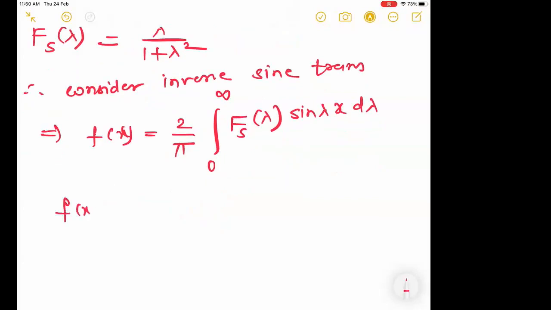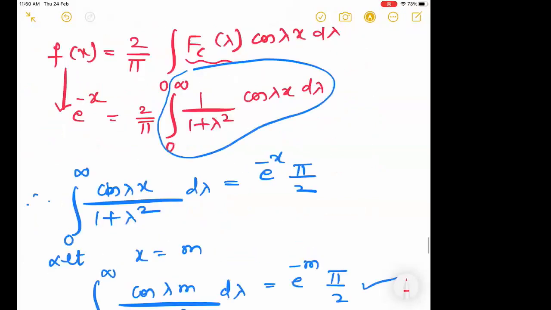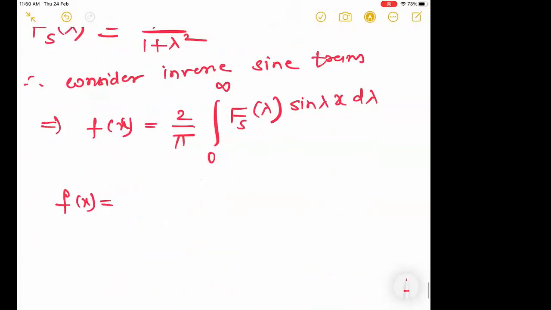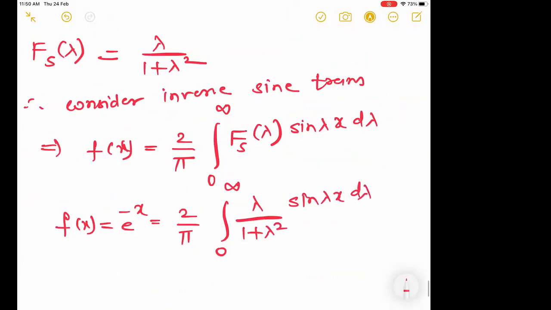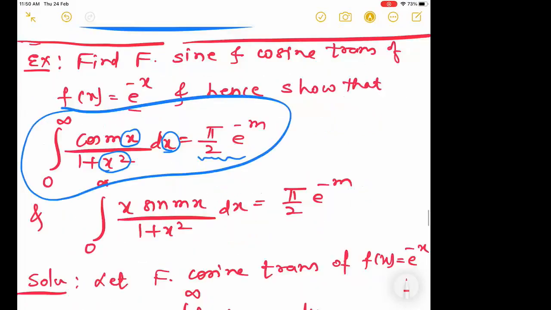Now what is f(x)? f(x) is nothing but e raised to minus x, which is given to you. So e raised to minus x is equal to 2 upon pi integral 0 to infinity, answer of fs lambda you got just now, that is lambda upon 1 plus lambda square multiplied by sin lambda x d lambda. Now see which result we want accordingly. Other terms you can shift. So here it is asked to show that,